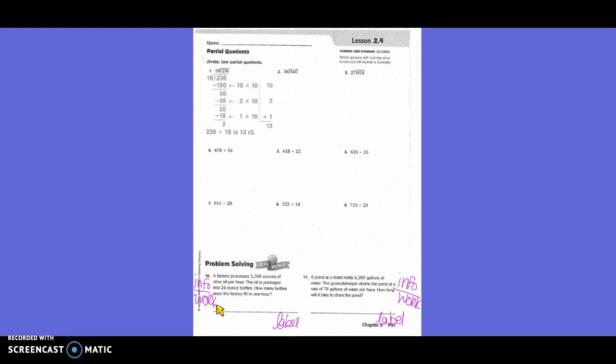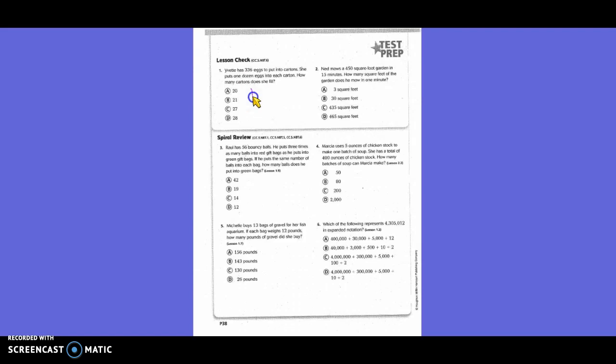Okay, back side, you need info, work. Number 2, info, work. Number 3, info, work. Number 4, info, work. Number 5, info, work. And then number 6,